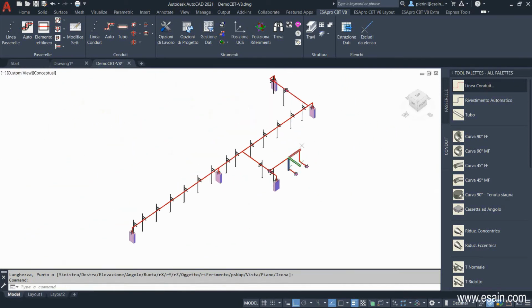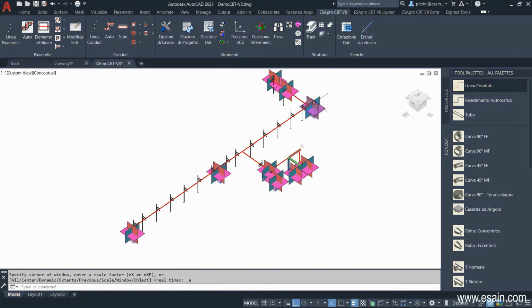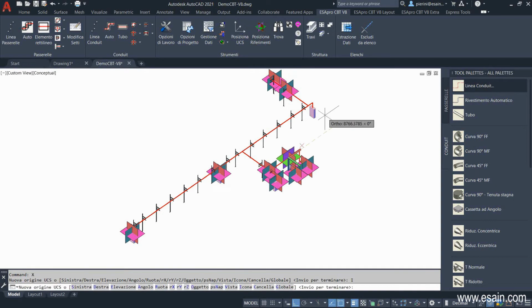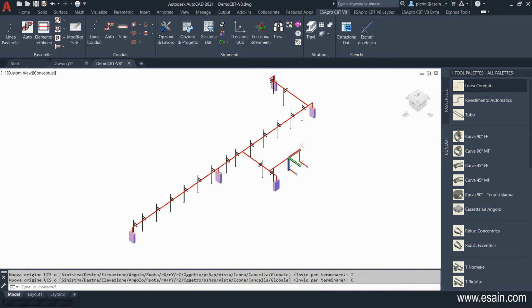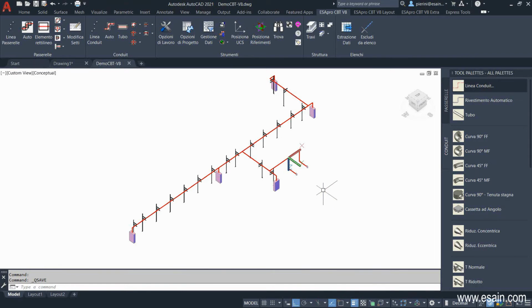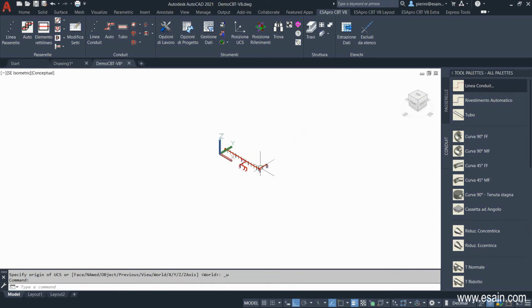Once the axes have been drawn, the reference icons are no longer needed, so we can delete them with the AutoCAD Erase command or with the delete option of the same command we used to add them. Now we switch our UCS back to World and go to dress the naked axes.